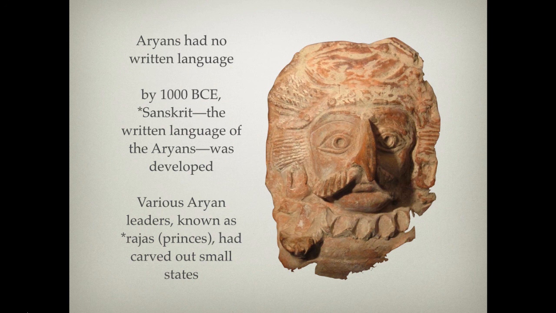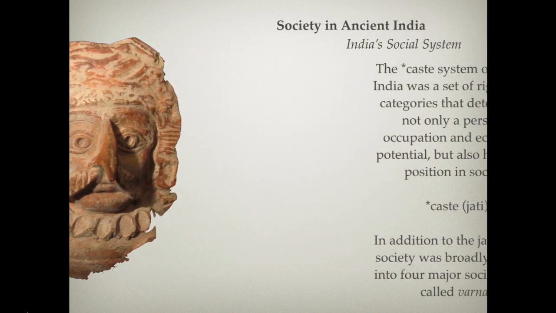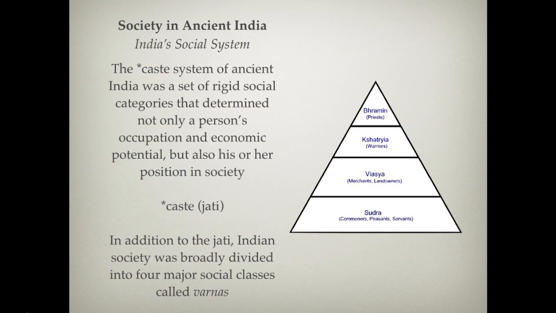Now, the Aryans were really divided among themselves among their leaders, known as Rajas, which is a prince, and they carved out small territories, small states, fractured throughout northern India. And so these Rajas set up their own kingdoms, and they established their civilization along particular strict caste lines. So let's speak a little bit about society in India then, in this kind of social structure, class system.